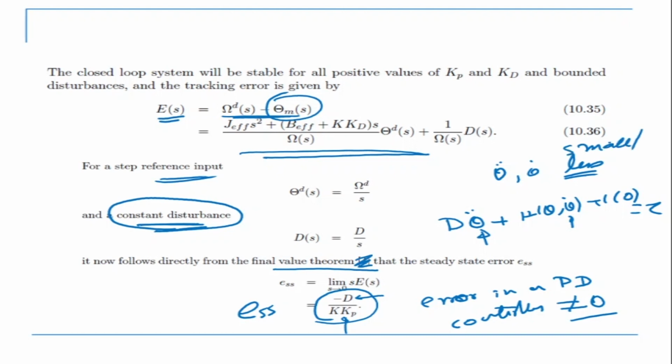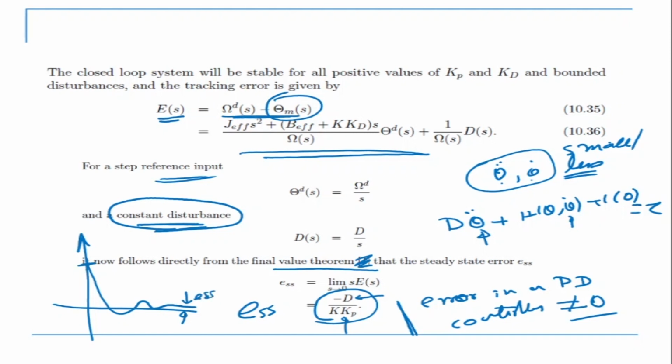So the fundamental difference between a static system and a dynamic system is that in a static system, if the acceleration and velocities are very, very small, then you can consider that to be a static system itself. Whereas if these are much higher, then we say these are dynamic systems. Now, this gives us a very important result that in a PD controller, your steady state error is never equal to 0, and there will always be some error, which means that if I draw this figure, which you're familiar with by now, if I leave it, it will oscillate like that and come like this, and there will always be some error there, and that is my steady state error. It cannot become equal to 0 because of what we are just seeing.